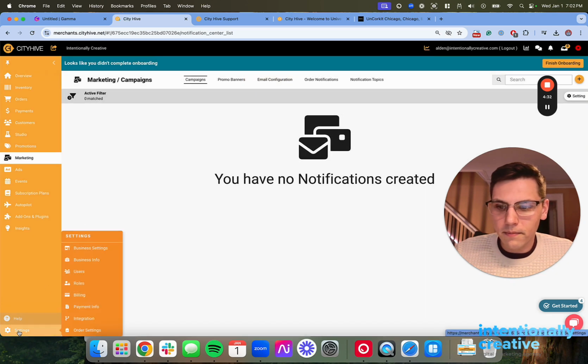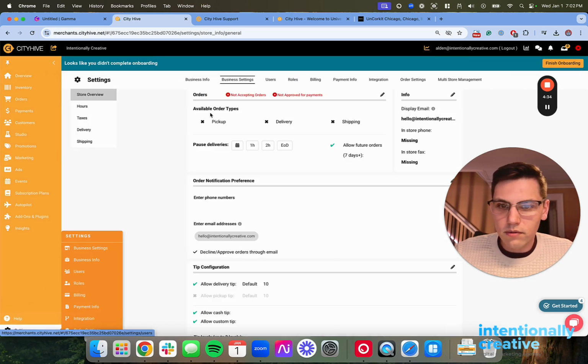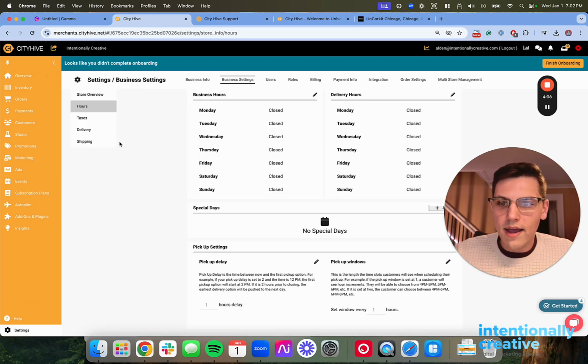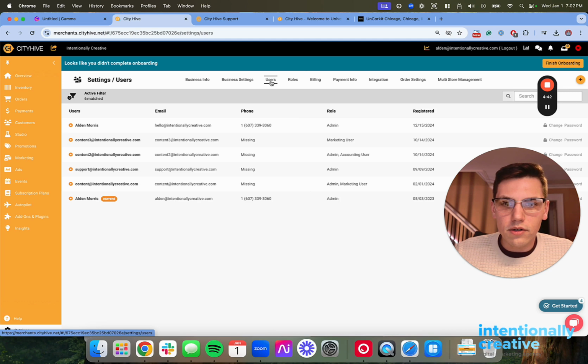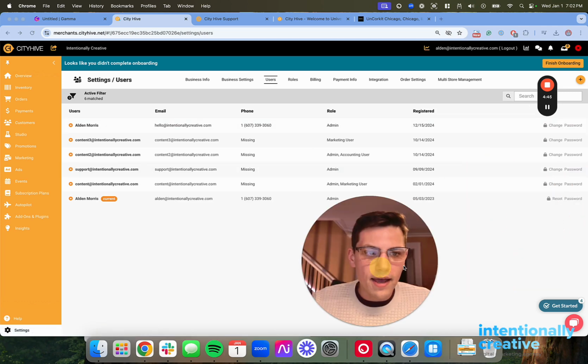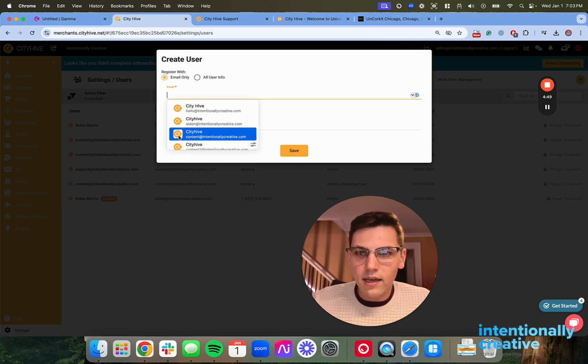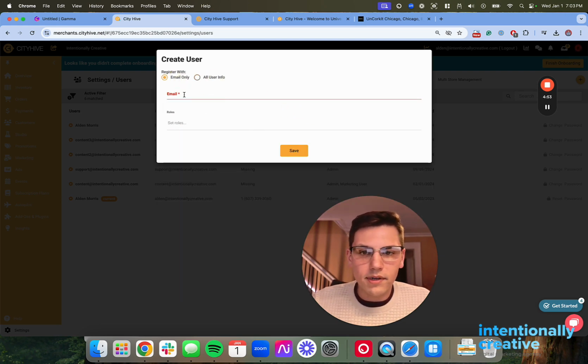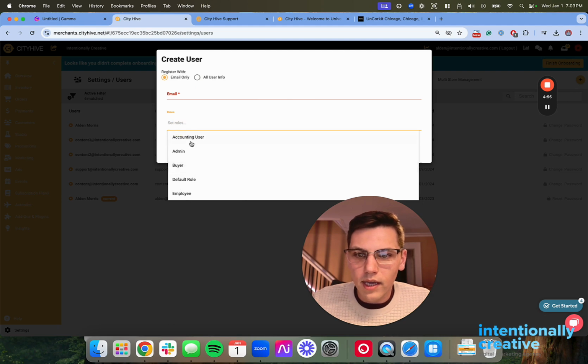A lot of people don't know. Just really quick running through. On the settings, there's everything about your store, your hours, shipping, delivery. But right here under users, this is how you add new people. So you'd hit the plus and their email. You can put all their user info in there, but you can just put the email and you set the